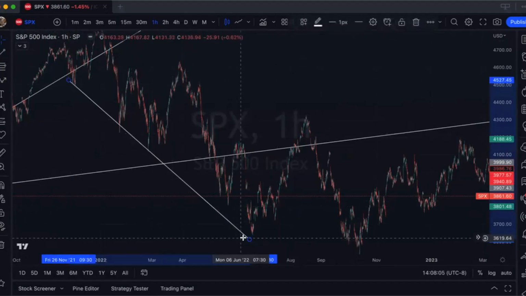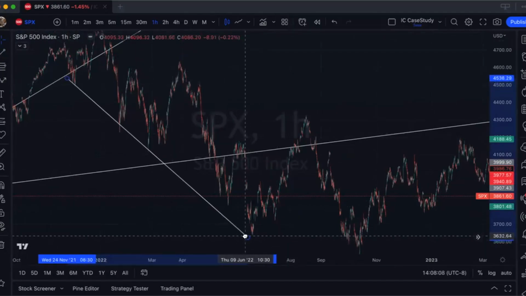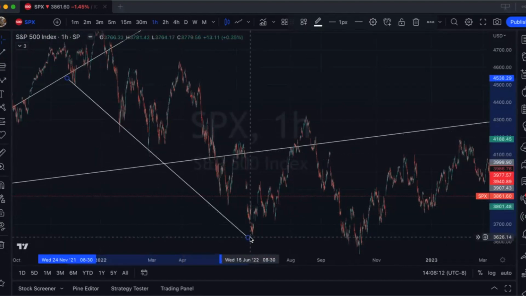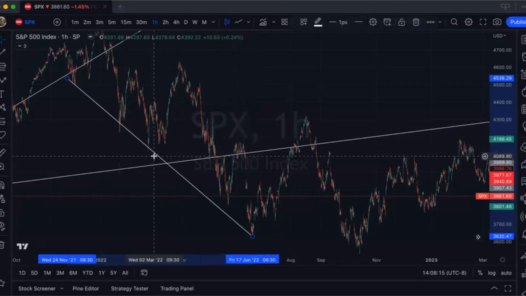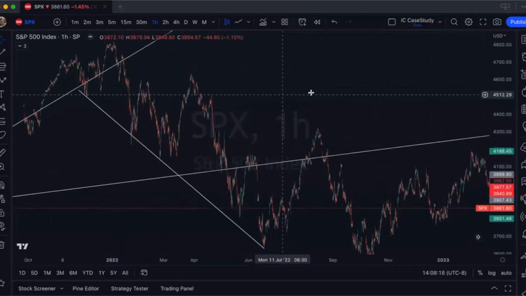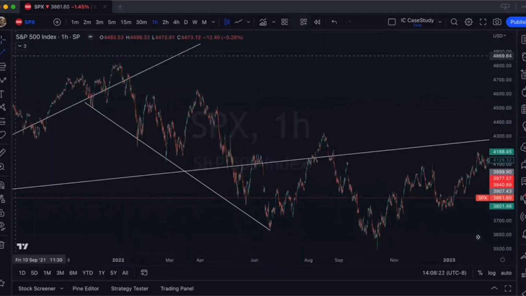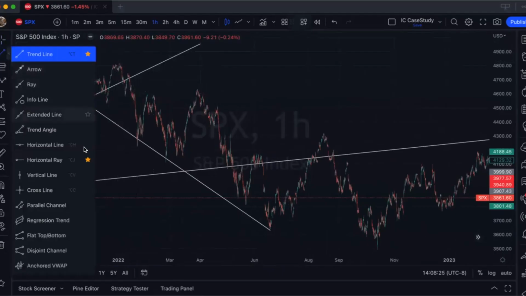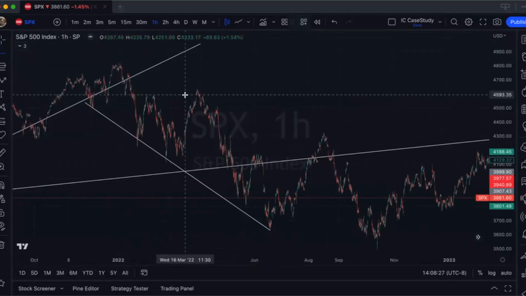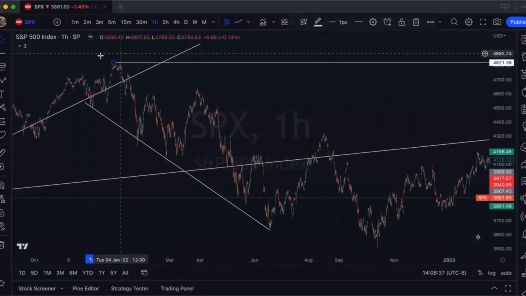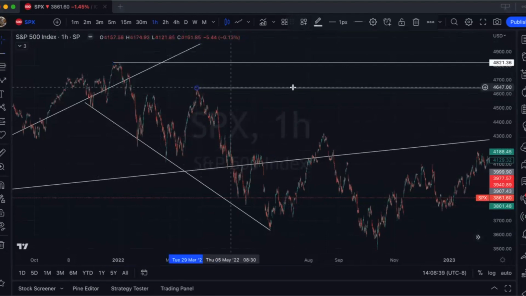trajectory trend line here, where buyers and sellers will put themselves in a position to potentially purchase when it gets to those ranges, right? Now, it's not always going to be 100% perfect, but what you can imagine is it's people waiting around for price to hit a certain level. And you have two ways to chart your supply and demand. You have your horizontal lines. So you have horizontal line, horizontal ray. I like the ray because it kind of lets me point out exactly where things are at and where it